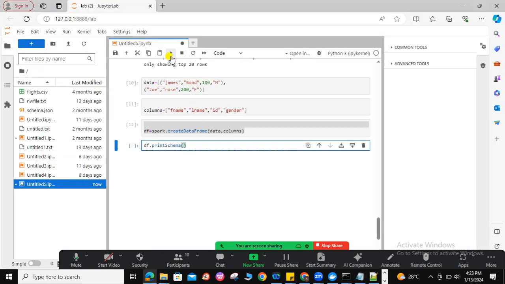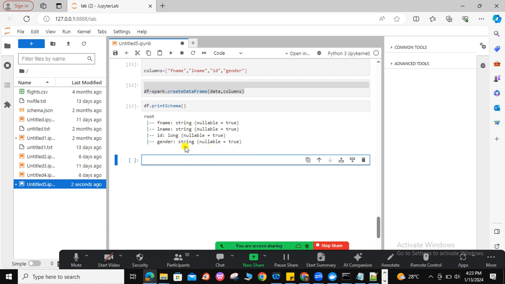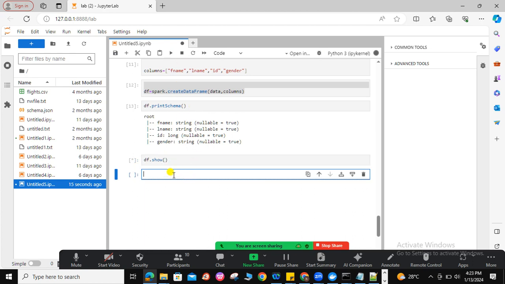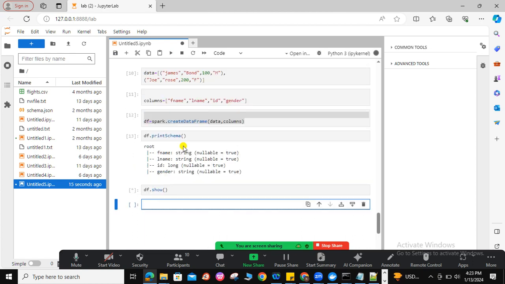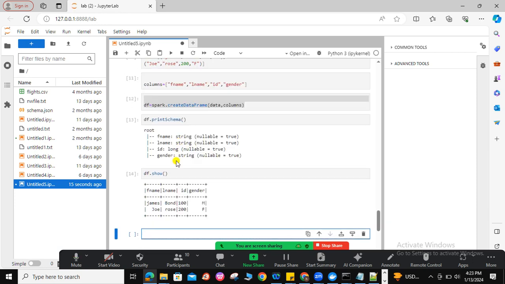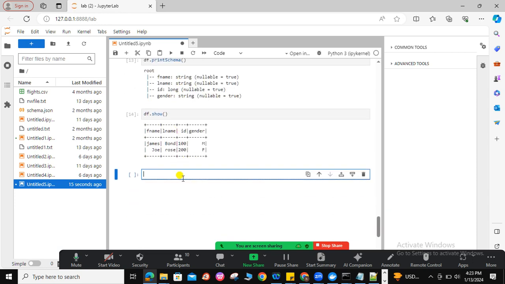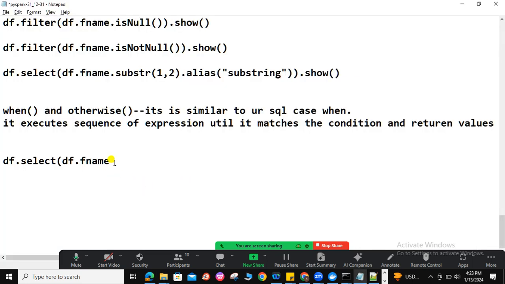So print schema, and you can also do df.show, which gives the data. It has to show the data. Yeah, it took a minute. Okay, all right. So now, based on this, I am going to do df.select first name,